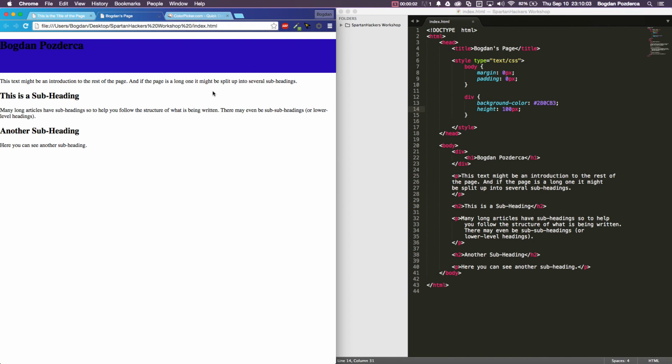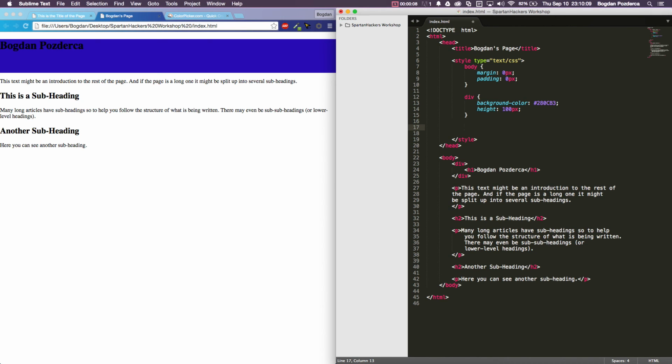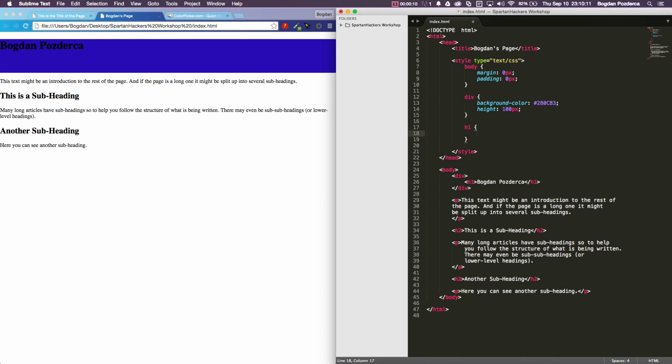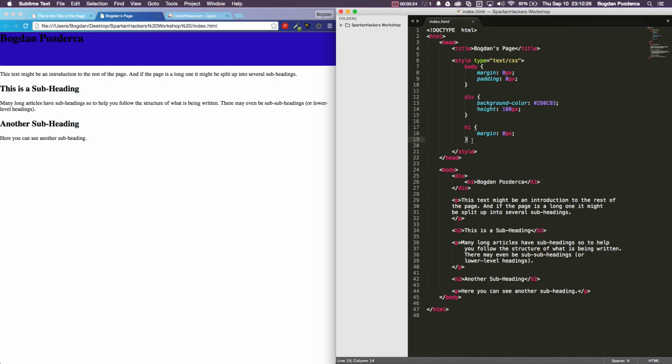Now let's remove that white space from the top. There's two ways we can do this. We can remove the margin from our H1 and give it 0 pixels, and that should give us our effect. What we can also do is introduce